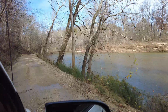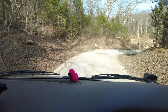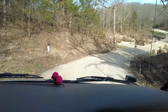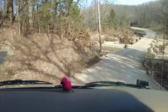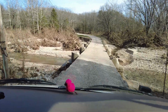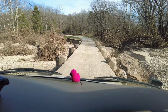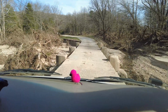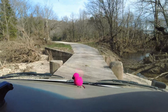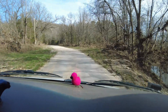As we continued along the scenic route, the terrain became more exciting and challenging. The first narrow concrete bridge appeared suddenly, stretching over a calm section of the river. These bridges are just wide enough for one vehicle, adding a sense of adventure as we carefully drove across. This stretch of the road, with its multiple crossings and concrete bridges, was easily the highlight of the trip. It combined the thrill of the drive with the natural beauty of the Mark Twain forest, making it an adventure